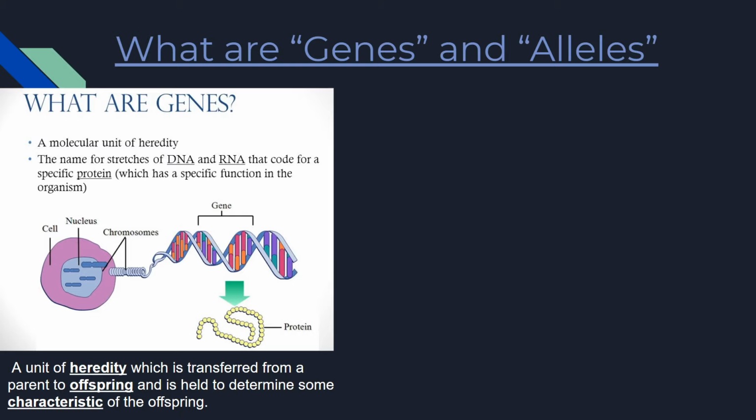So it says at the bottom, a unit of heredity which is transferred from a parent to offspring and is held to determine some characteristic of the offspring. So things like the example we just talked about, your eye color, is determined by your parents, the genes that they're carrying. Kaya says, isn't that when you subtract your mom's height, your dad's, and do something, you get the